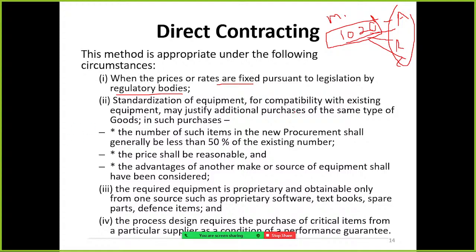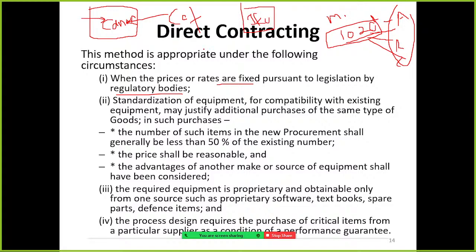Standardization of equipment or compatibility with existing equipment may justify additional purchase of the same type of goods. For example, in the government office, they have installed a Canon printer. So they have to fill the cartridge or the toner. The toner can be purchased from a particular supplier, for example, John Gill's Office Automation.